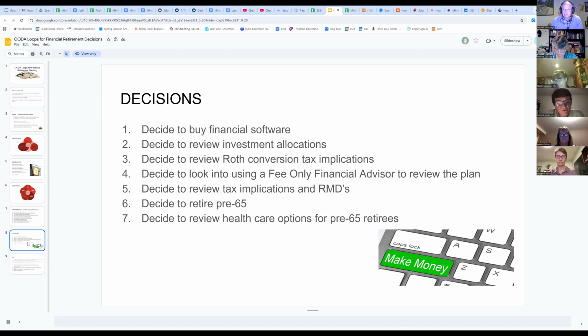I'm also going to look at tax implications of RMDs, and I have decided to retire pre-65 and look at some healthcare options for pre-65 retirees. So those are all the decisions that I think are important in my case, or in anyone's case if they're looking at pre-65 retirement. And my last slide